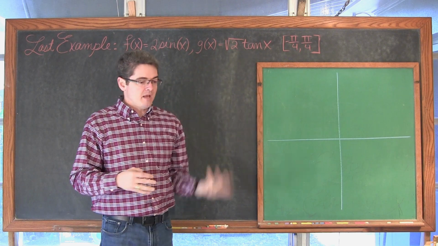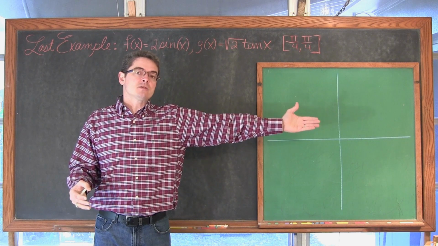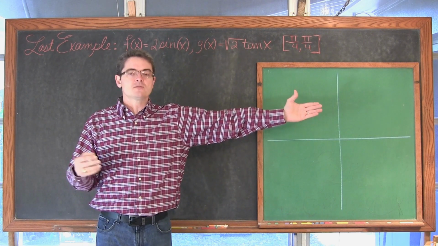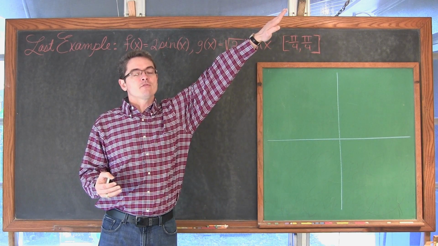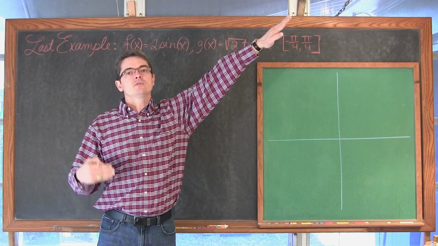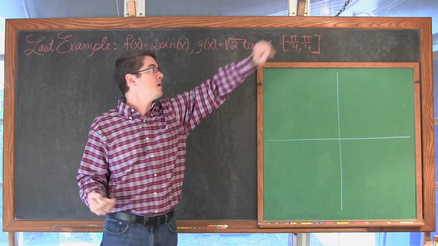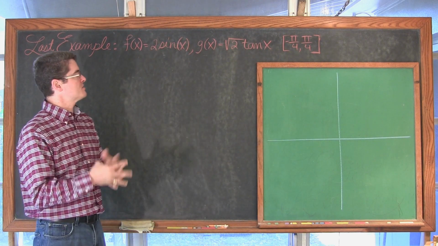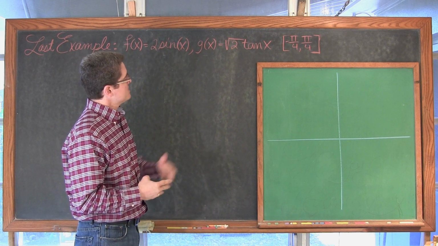And we have a tangent function who's got a vertical stretch of a value of square root of 2. So basically, we know that hopefully that the tangent of 0, the tangent is y over x, and so the tangent of 0 is 0 over 1, which is 0, and the tangent of pi over 4 is square root of 2 over 2 over square root of 2 over 2, or 1, right? So the tangent of pi over 4 is 1. Well, now with that amplitude change there, if you will, that vertical stretch value of square root of 2, it'll be square root of 2 instead of 1. So let's just get a quick sketch.